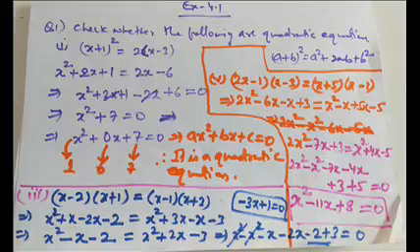So 2x square minus 6x minus x plus 3 after solving it. Okay, after multiplication on the right hand side we have got x square minus x plus 5x minus 5, and then further when we have solved, it has become 2x square minus 7x plus 3 is equal to x square plus 4x minus 5, and when we have solved, so 2x square minus x square minus 7x minus 4x plus